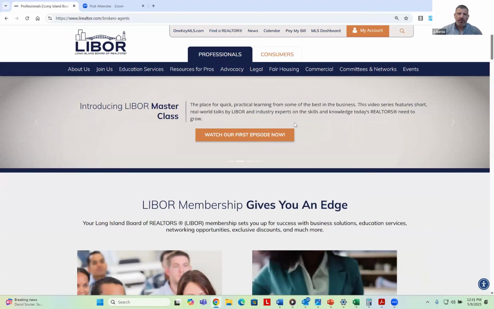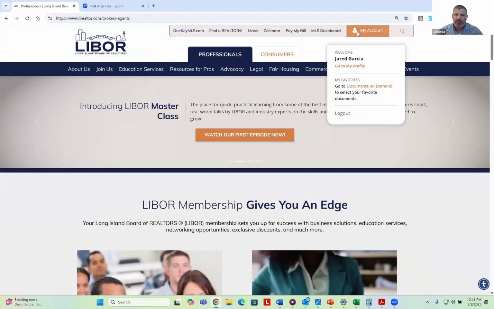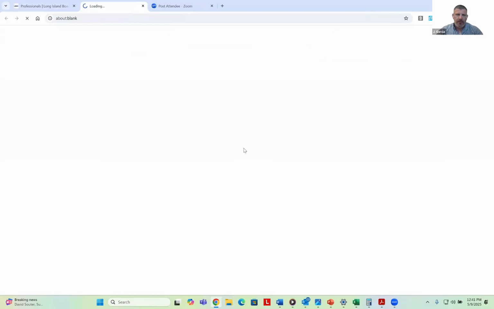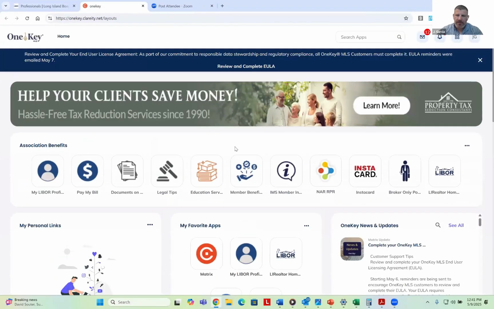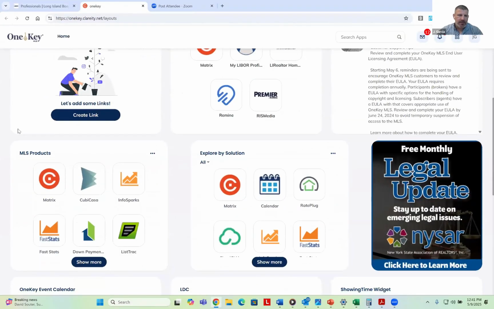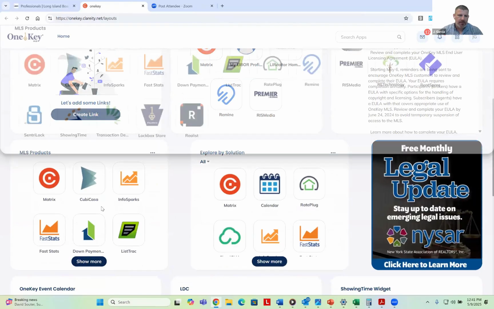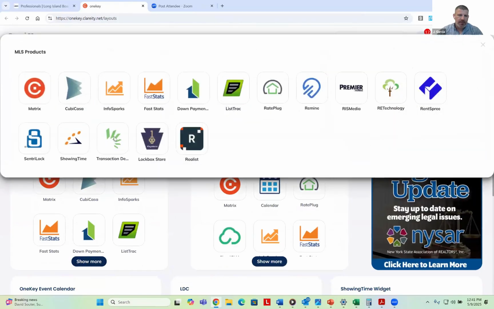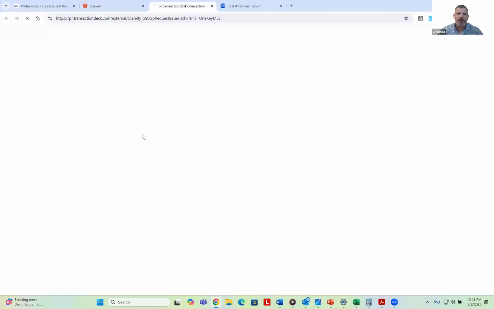All right, so I want to show you the buyer broker agreement and how to access it through Transaction Desk. So we're going to go ahead to our MLS. There's a few ways to access the Transaction Desk, but I go to MLS Products, Show More, and I have this right here, Transaction Desk. So I'm going to go ahead and click on this, and this is where we're going to get all the